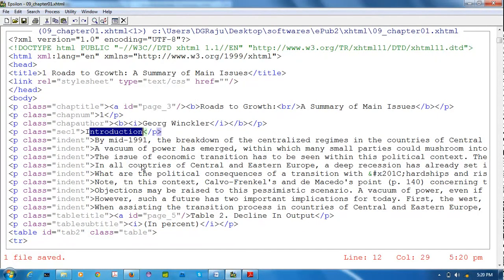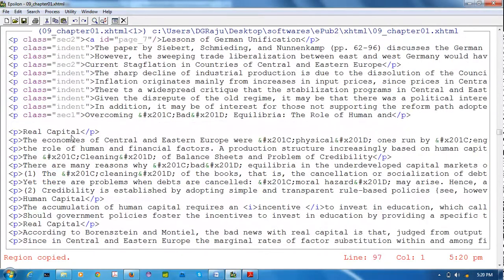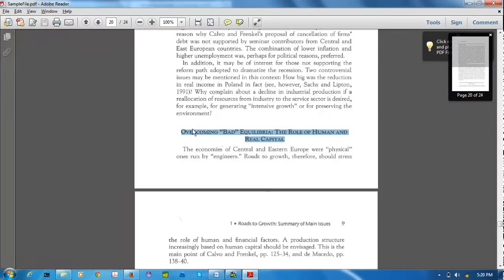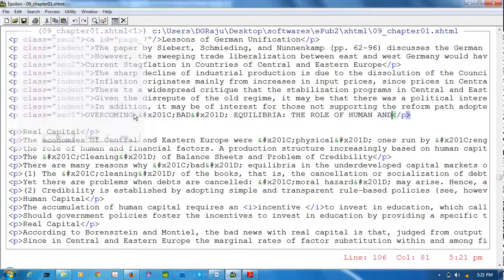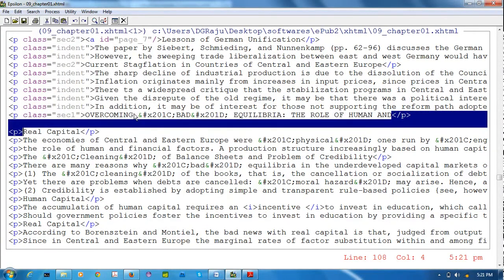Actually from here to here it is an uppercase word and it has small. I am copying the small. I am going back here. Actually this one is total uppercase. Alt X uppercase. You can use the up arrow for recently used commands. From here to here, Alt X, up arrow, enter. Actually this one is a single sentence.